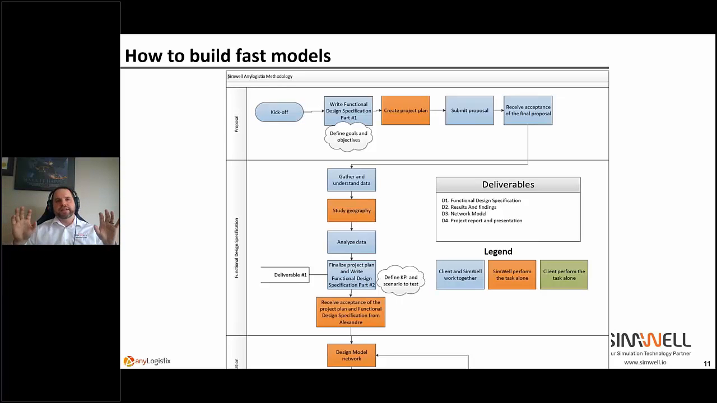Obviously, that proportion changes, but each of these phases is as important as the others. Sometimes we focus a lot on the model building part, especially if you come to anyLogistix training. We'll focus a lot on the software. We'll teach you how to use the software, right? But